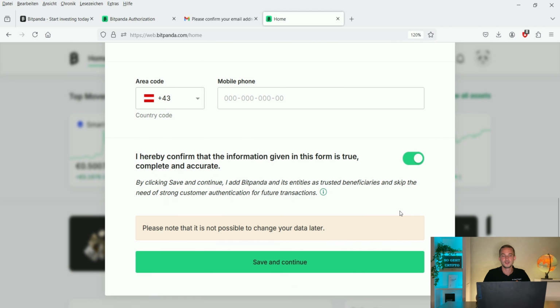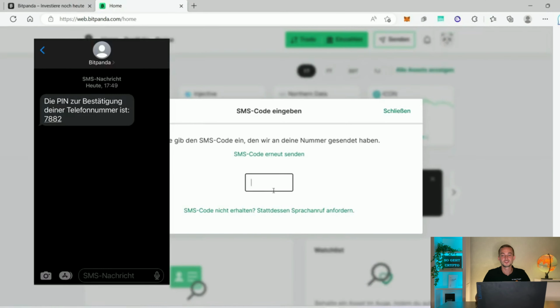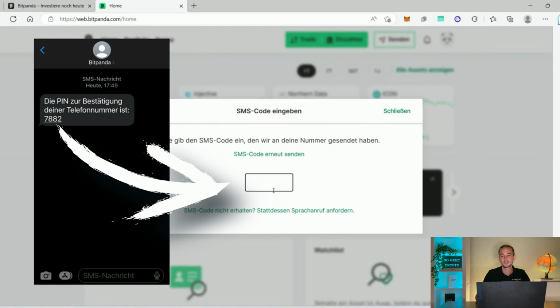Since you also have to enter the country code, you don't need the 0 after the country code. This is also often a source of error. Then we can continue and you will receive a PIN code via SMS on your cell phone. This checks whether the cell phone is actually in your possession and you then enter this code here and you